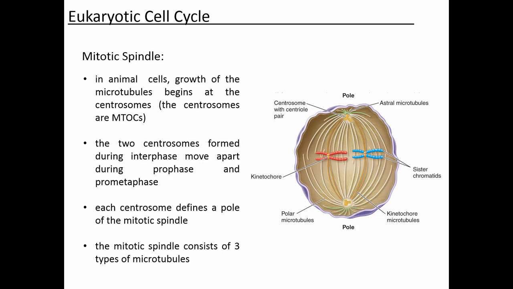Okay, so we also said that one thing that's going to be really important during the cell cycle is going to be the mitotic spindle, which is a structure that's made out of microtubules. We previously said that in an animal cell, the microtubules that make up this mitotic spindle grow from the centrosomes. So remember in interphase, you duplicate the one centrosome, so you have two, and then the two centrosomes are going to migrate away from each other and define separate poles of the cell. So here's one centrosome, here's the second. And then the microtubules are going to grow from both of those centrosomes.